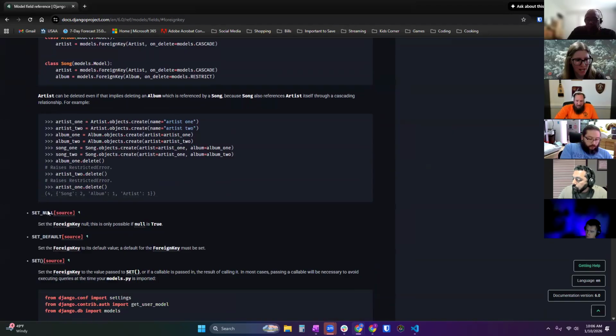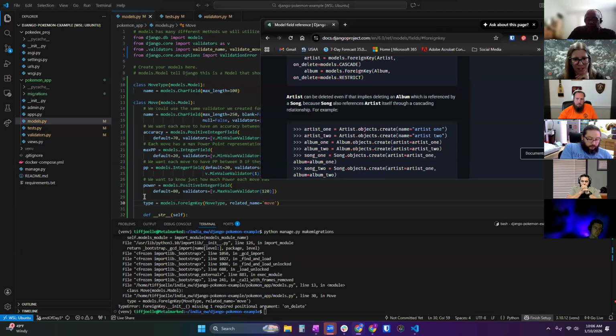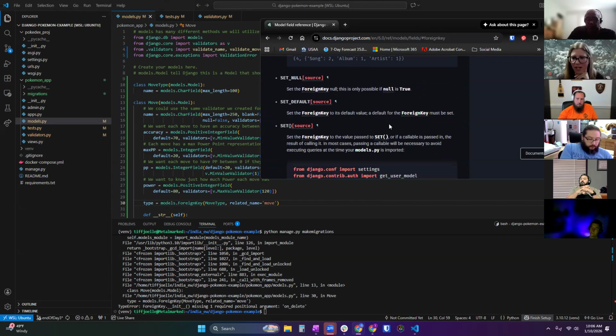A lot of times, though, you will use set null or set default. If you don't want to use cascade and you don't want to protect the information somehow, set null and set default are wonderful options for what happens on delete. So if I were to delete fire, let's say I just want Ember to still hang out there and not go away, and then we'll just reassign a different type maybe later. So I can go ahead and set null. Then when I delete fire, type would just be null in the database.